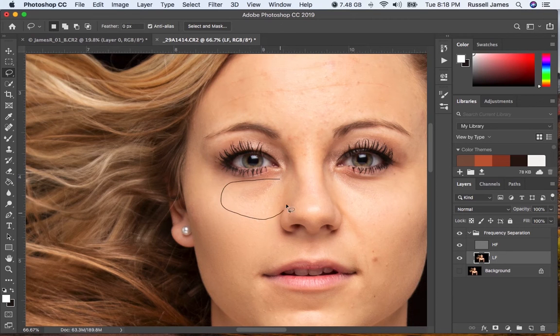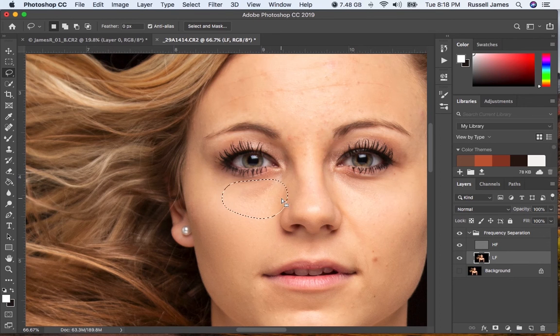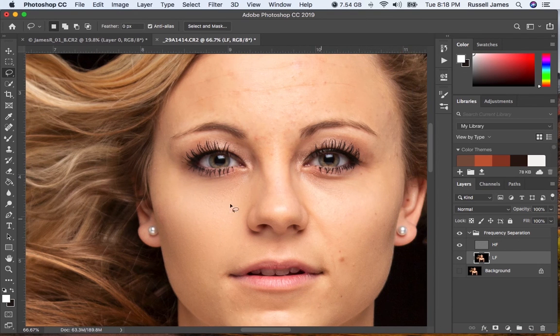So I make that selection, I'll feather right around that 20 again, and then Command Shift F or Alt Shift F. And it'll do that. And so now, as you can see, between her right side and her left side, we have this nice smooth texture